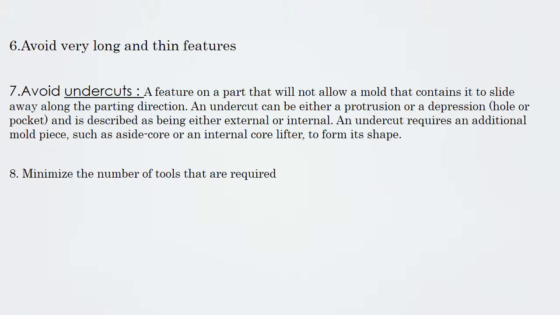and narrow slots. Rule number six that should be kept in mind is that we should be avoiding very long and thin features and undercuts. An undercut is a feature on a part that will not allow a mold that contains it to slide away along the parting direction. An undercut can either be a protrusion or a depression, hole or pocket, and is described as being either external or internal. An undercut requires an additional mold piece such as a side core or an internal core lifter to form its shape. We should also try to minimize the number of tools that are required, as this brings